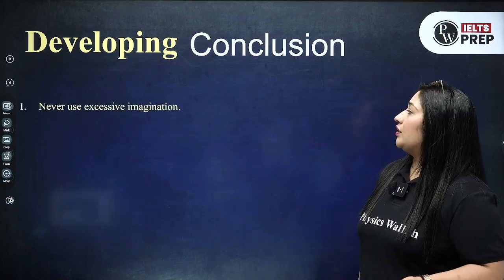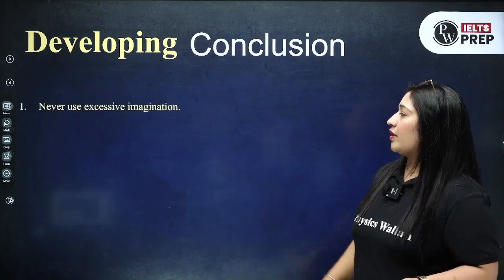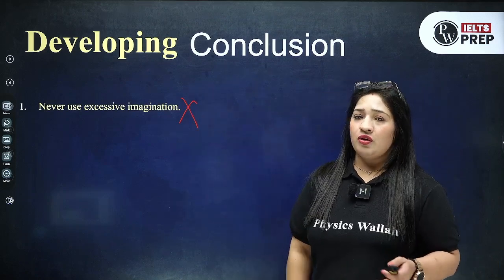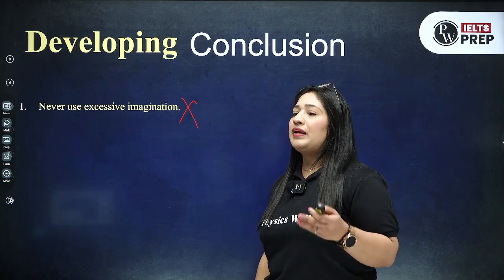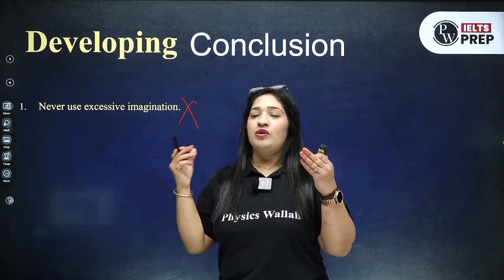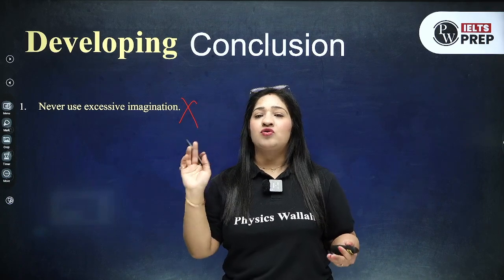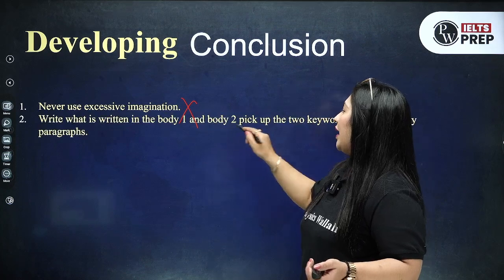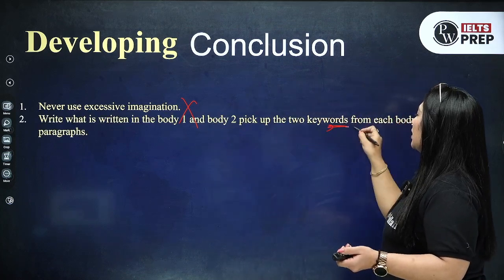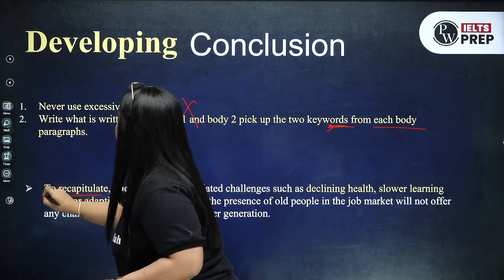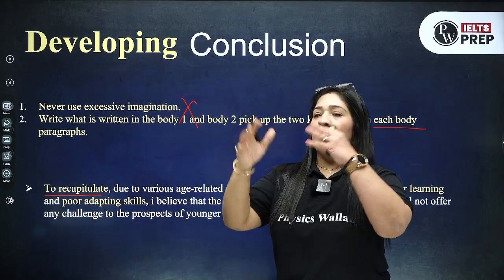Now, last but not the least, how to start with the conclusion. So here, never use excessive imagination. देखो कंक्लूजन में आपको कभी भी कोई भी नई चीज ऐड नहीं करनी होती है. Whatever you have already spoken, whatever you have already written, same thing आपको बस short में करके लिखना होता है, right? So write what is written in the body 1 and 2, pick up the 2 keywords from each paragraph, right? So here, to recapitulate, a very good word, right? सब कुछ दोबारा मतलब